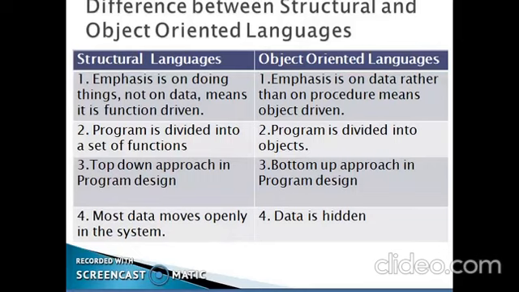That is why a structural programming language is unsecure. The data is not hidden. Whereas in an object-oriented programming language, the data and the member functions are both enclosed together in an object. So data is hidden here, and hence an object-oriented programming language is more secure than a structural programming language.